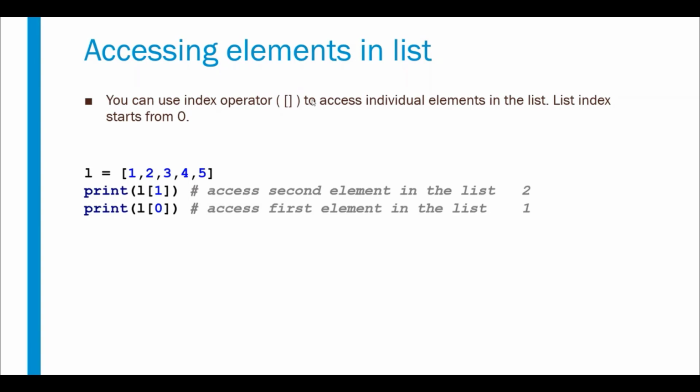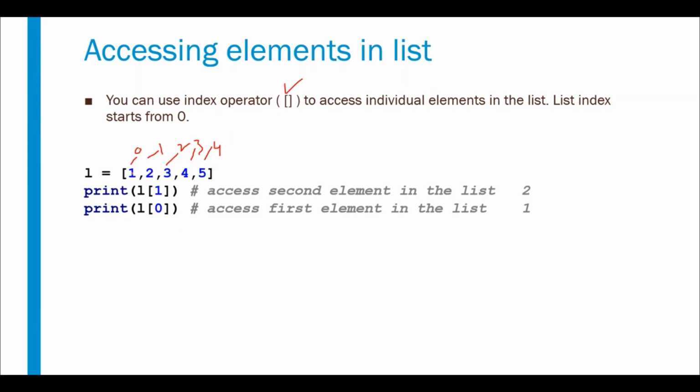Normally, if we want to access an element from the list, we can just use the bracket operator. This is normally called a square bracket. We have to use this, and we need to pass an index value, and based on that index value the element will be returned. Normally the index starts from 0. So this item will start from 0, this is 1, this is 2, this is 3, this is 4, and so on. So we can pass an index in this bracket and we can get the exact value.